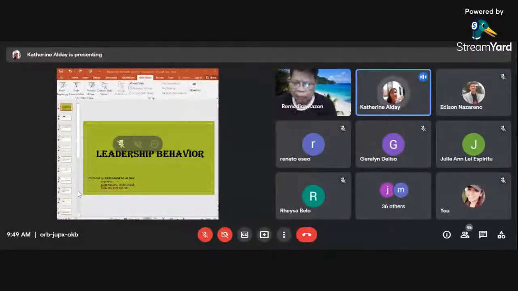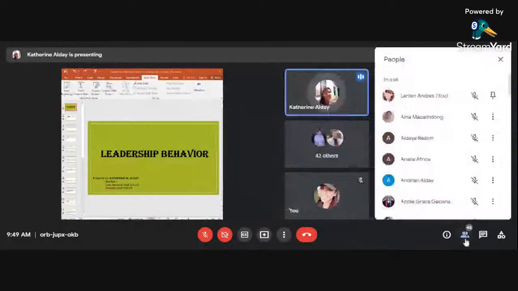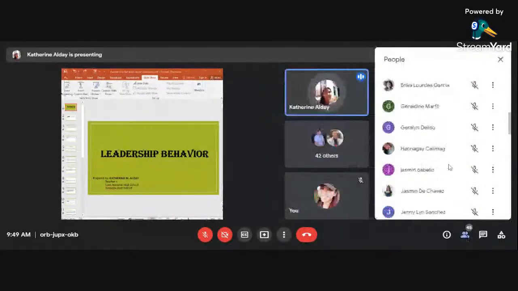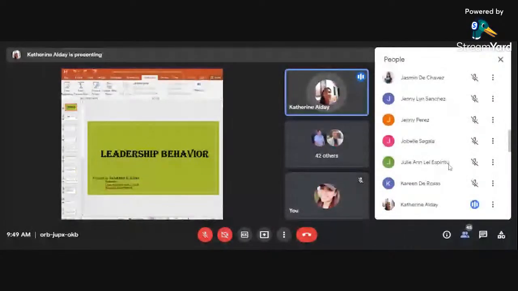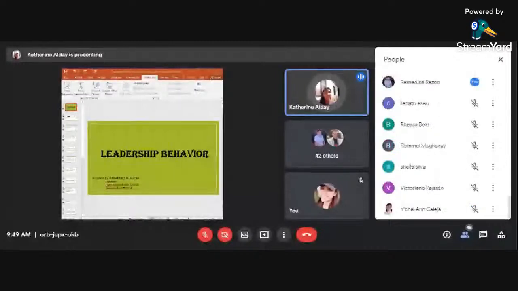Why are effective leadership behaviors important? Good leadership behaviors are crucial to become someone who inspires and leads people to maximize efficiency and to achieve the goals of the organization. Ayun, yung pagiging effective ng isang leader. And leadership behaviors are essential to increase the productivity of a team. Paano? Consistent leadership can motivate a team to greater performance para ma-increase ang productivity ng bawat isa sa grupo.